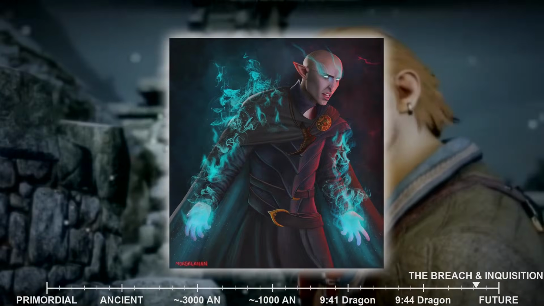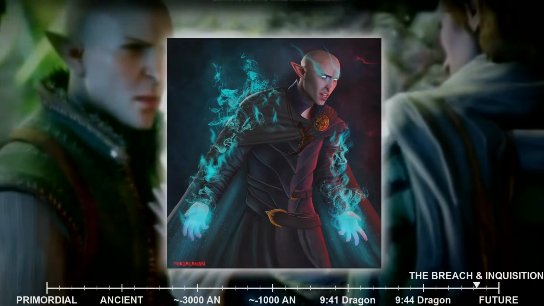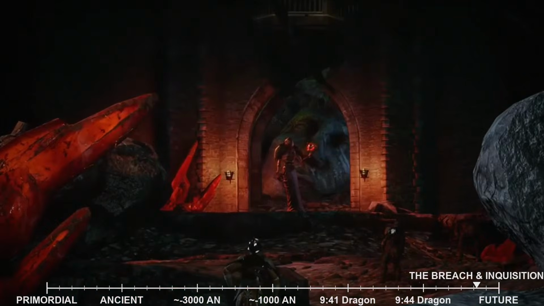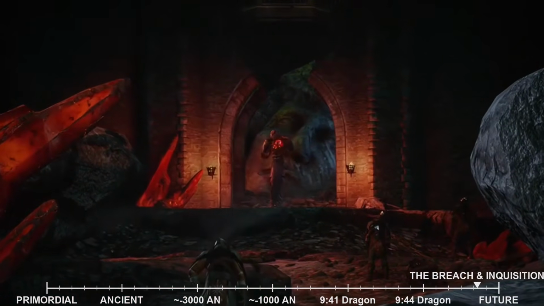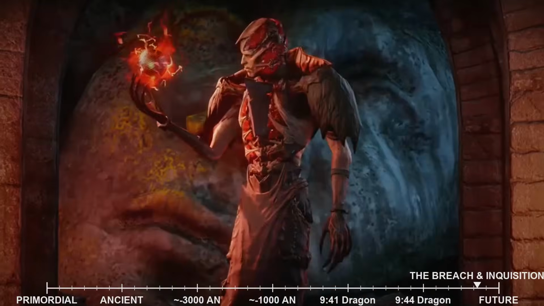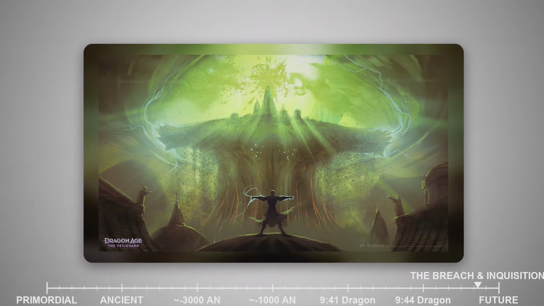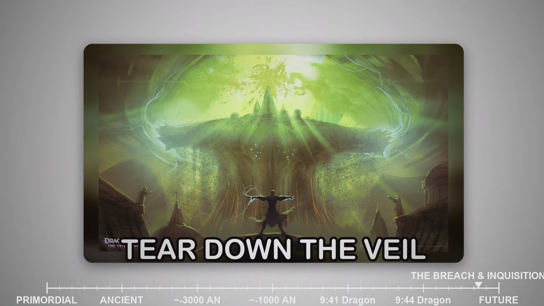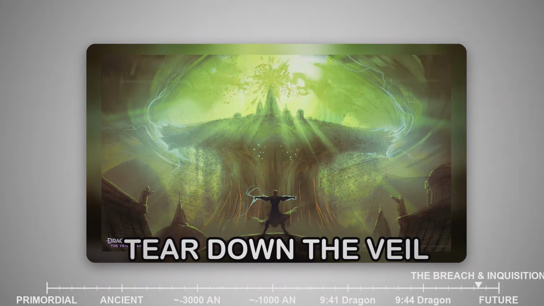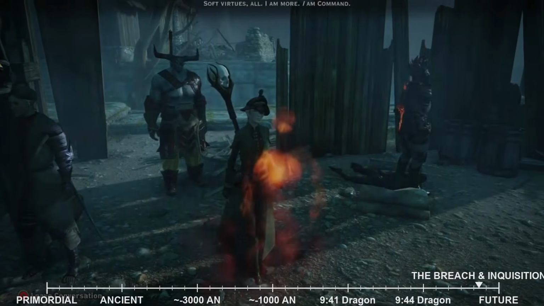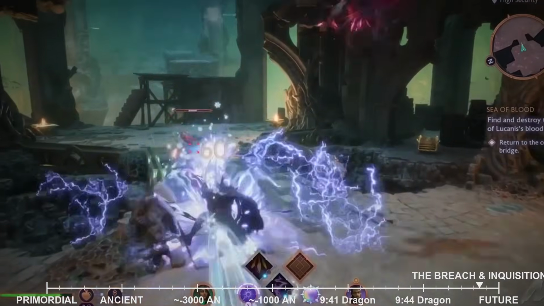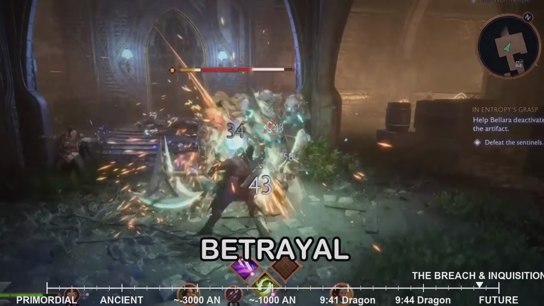However, his weakened state after centuries of slumber prevented him from wielding its full power, forcing him to seek an unwitting pawn. Corypheus, with his ancient knowledge and thirst for power, proved to be the perfect, albeit flawed, instrument. Solus's true plan was to use the orb to tear down the veil, the magical barrier separating the physical world from the Fade, and restore the ancient elven world, even if it meant the destruction of the current world. This confession exposes the depth of his manipulation and the grand scale of his ambition. As the Inquisitor grapples with this monumental betrayal, Solus performs a final, bittersweet act.